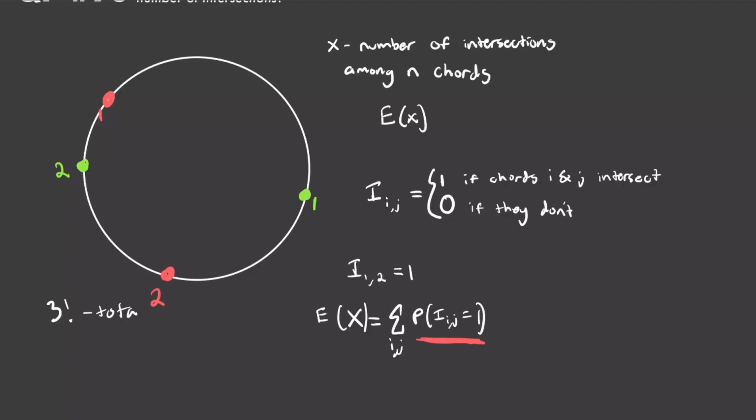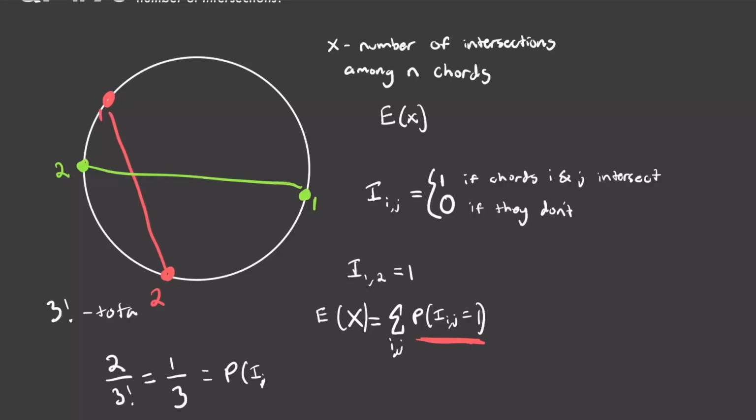So my probability of having an intersecting chord is just going to be 2 divided by 3 factorial. 3 factorial is 6, so 2 divided by 3 factorial is just going to be equal to 1/3, most simplified. So the probability that 2 random chords, when I uniformly randomly select these endpoints, the probability that their chords intersect is going to be 1/3 in general, right? So that's the probability that one of our indicators was equal to 1, the probability that I sub i comma j equals 1,